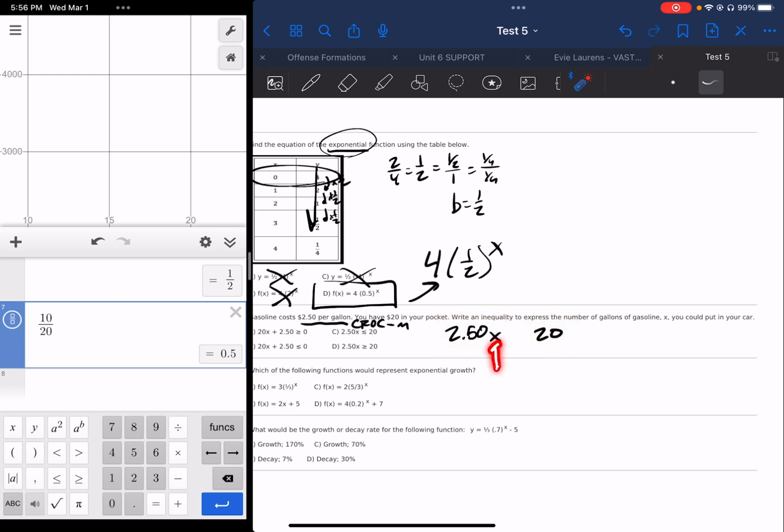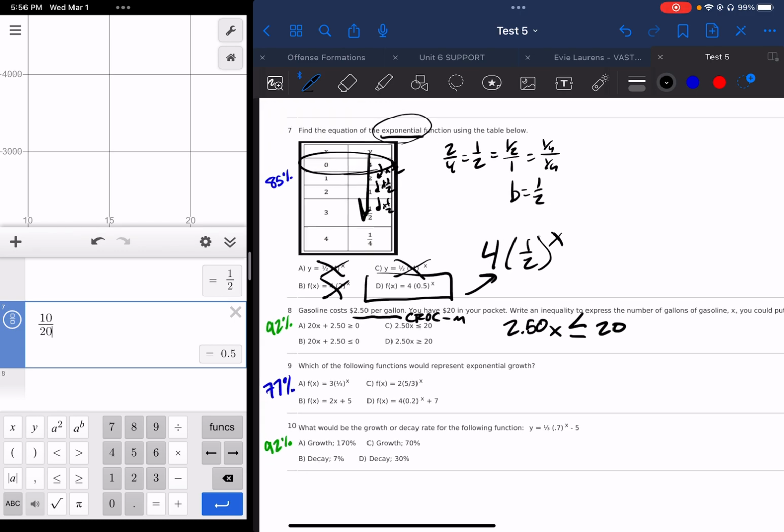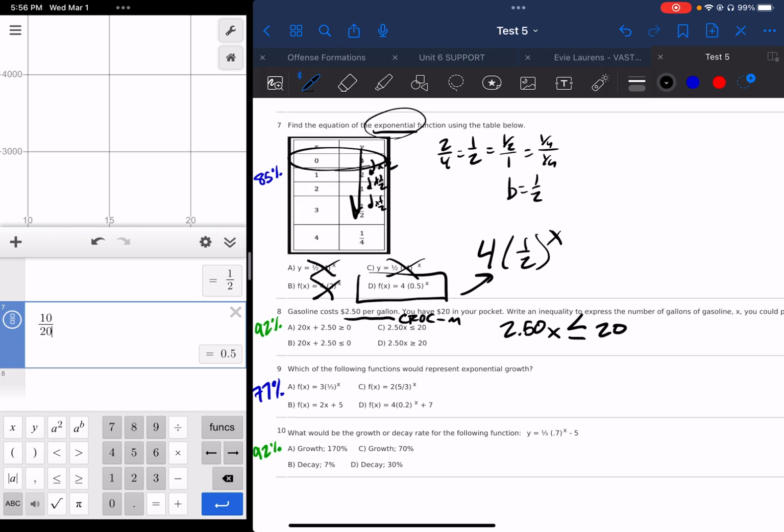So when you put gallons in your car, you better make sure that this number that you have to pay is hopefully less than that number. So we immediately need to say it needs to be less than. Now, the better question is, could it be equal to? If you have $20 in your pocket, can you go to the gas station and buy gas with all $20 of it? And the answer is yes. So you should be able to write this as $2.50 times X has to be less than or equal to